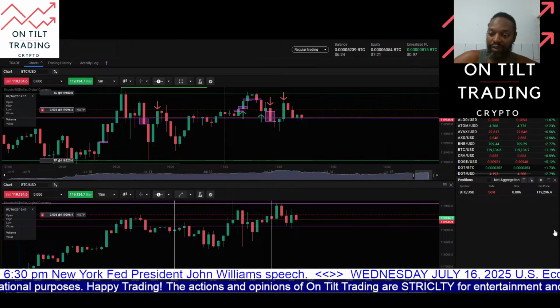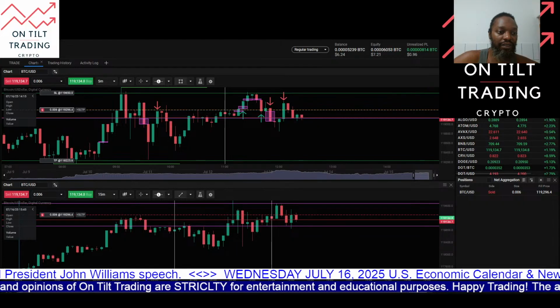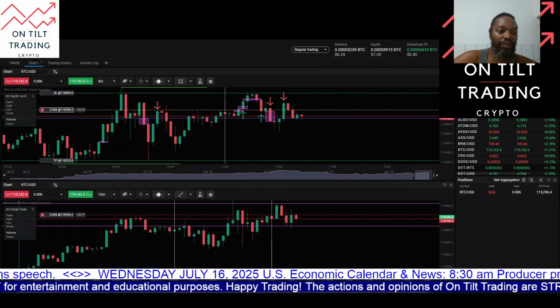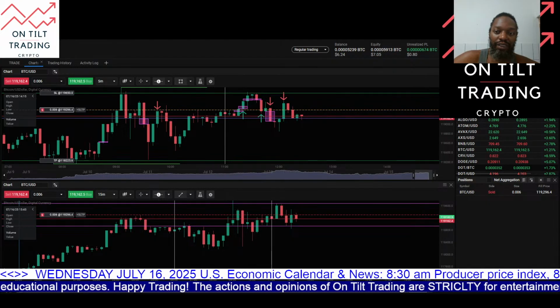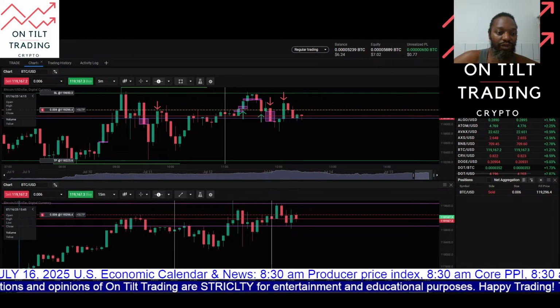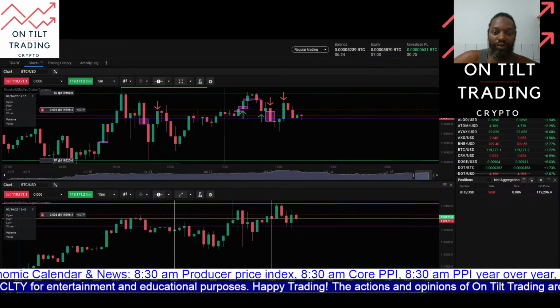My stop loss, you can see here where this green line is, 119,650, with the high of this candle being 119,649.8. So a 10-cent spread on Bitcoin. I give it a 20-cent stop. Target, I will